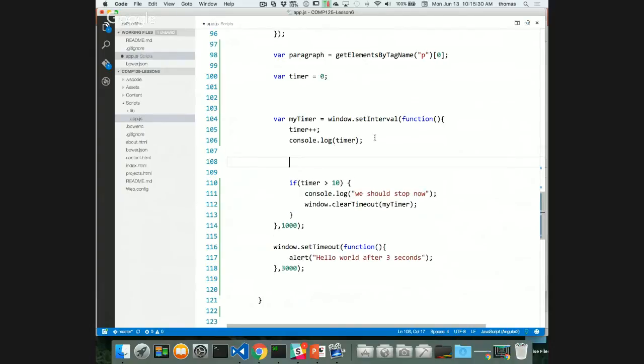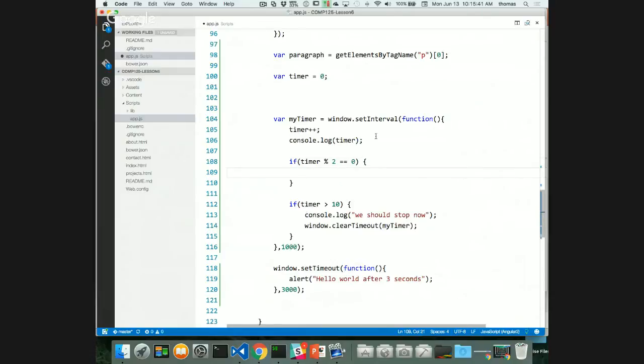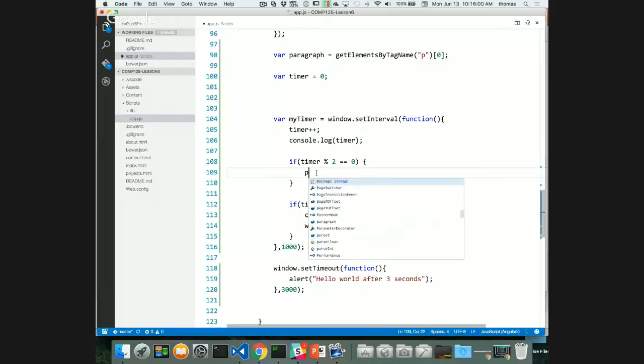But like the following, this is how you do it. I'll say if timer % 2 is exactly equal to 0, then what's % 2? Modulus. Modulus says if the remainder of whatever my timer is divided by 2 is equal to 0, there's no remainder. That means it's equally 2, 4, 6, 8, and so on. Then do something,